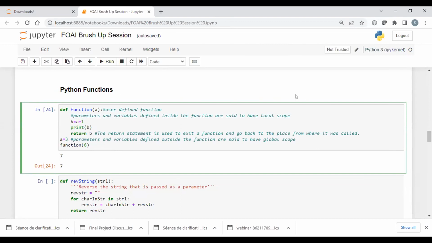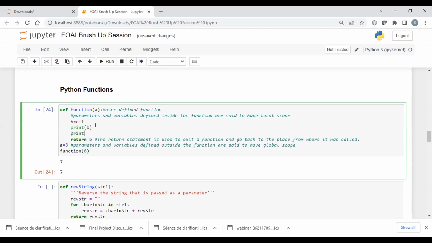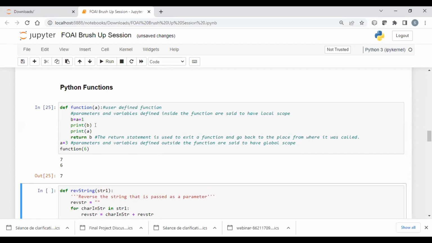So yes, Sadvik, if we use the function print a, we are going to get the output as 3. Depending on whatever value is being passed here, that value is going to be printed here. Let us check if we put print a. Right now, since we are passing 6, it will print 6 here.